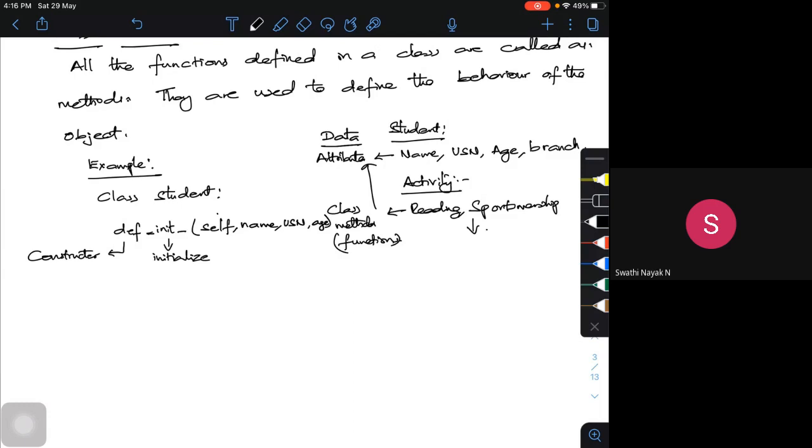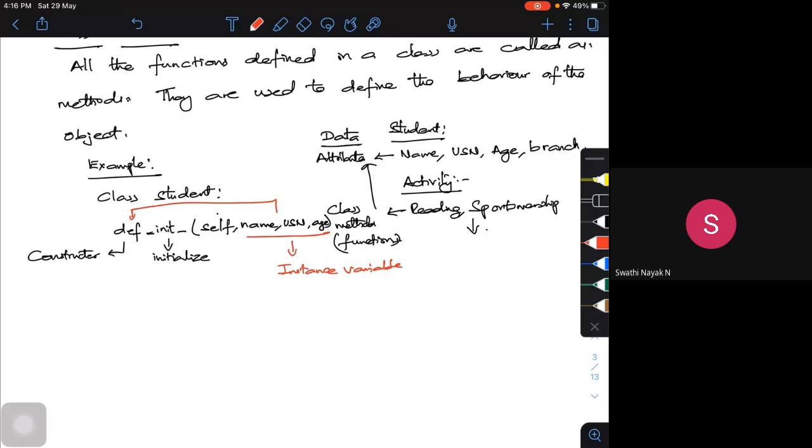The advantage is once I define it, I can instance that particular thing. So this is nothing but instance variables. These are called instance variables or parameters. So this parameter I'm giving to this constructor and initializing.